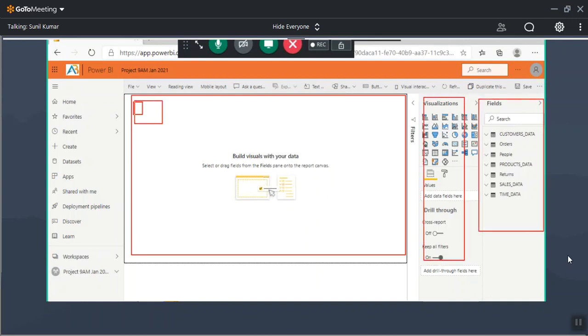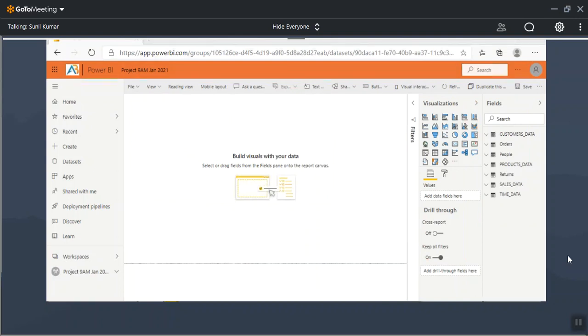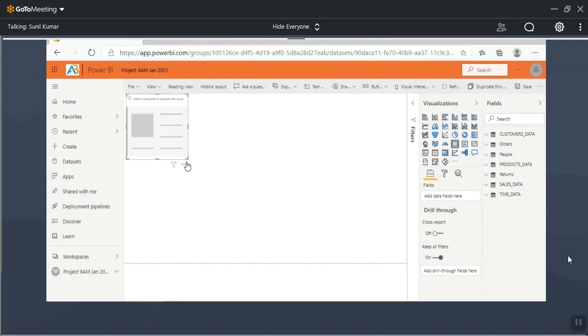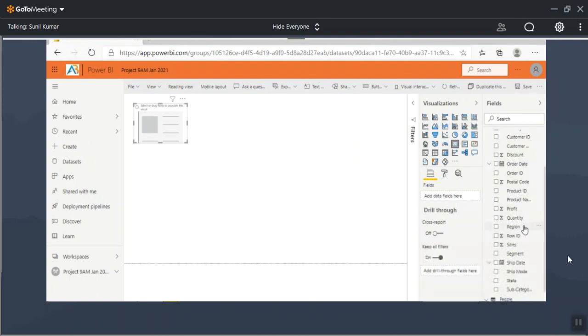I can start developing here. I can start creating the visuals. I can select whatever visuals I want. I can show whatever data I need to show. I want to show what is the total quantity.